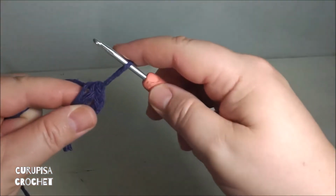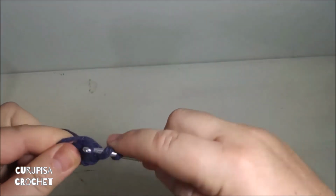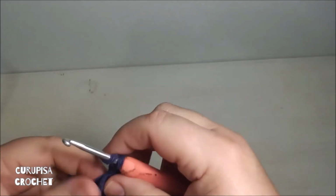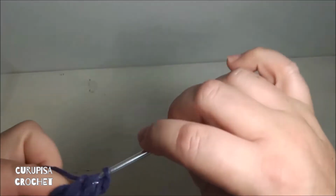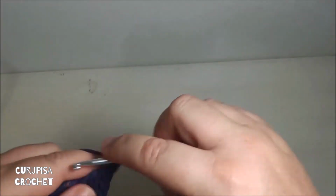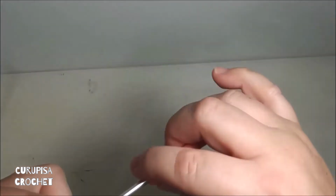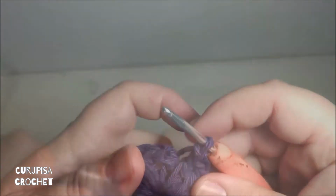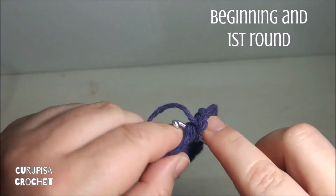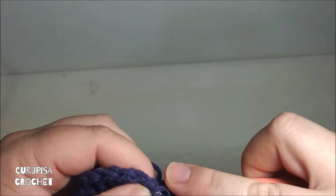And now for the first round, I'll make 4 double crochet stitches. That's it. For the UK, it will be treble crochet. You see, I have this way of beginning the first double crochet that I learned from Mowgli. I showed you previously in other videos. So you'll repeat 4 times, 4 double crochet stitches and 2 chains of separation. And once you get those 4 groups of double crochet stitches,